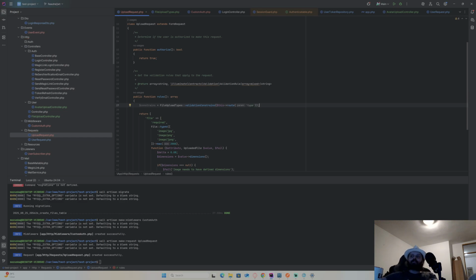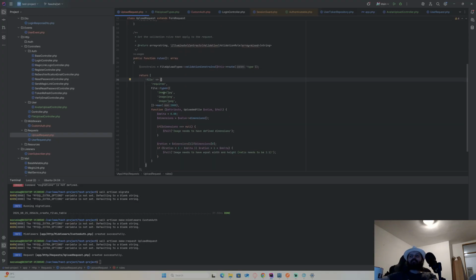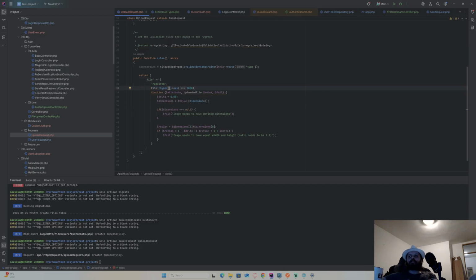So this is gonna be my constraints, and now this file require this here. This file now will be here, and this is gonna be constraints mime, and it's gonna be constraint size. And now this is gonna be it.